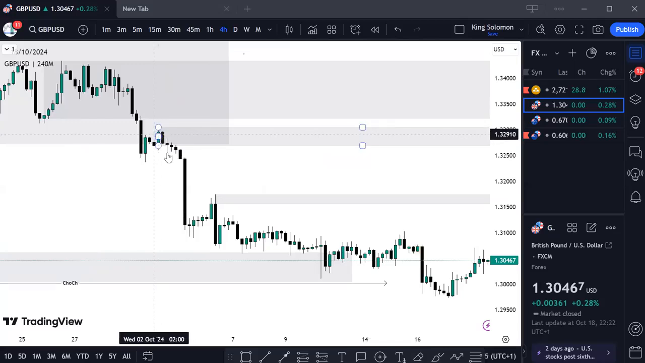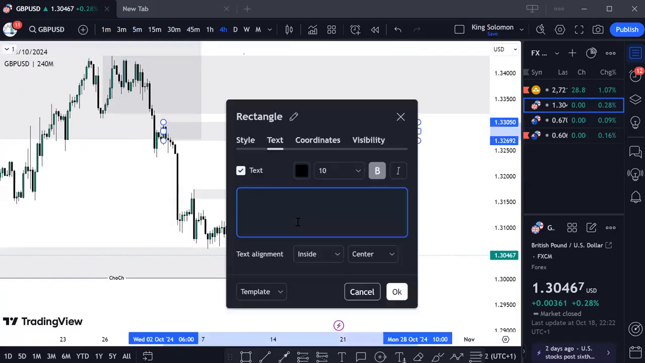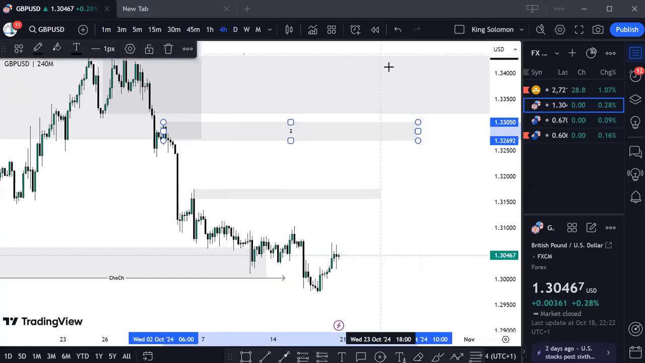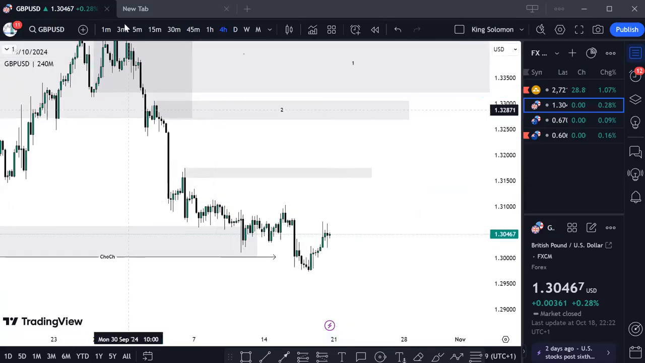This is also an engulfing candlestick. So I marked it from the body to the eye. So this is going to be my number 2 supply zone, right? I'm going to mark this as my 2. I'm going to mark this first one as my 1, right? And then I was able to see